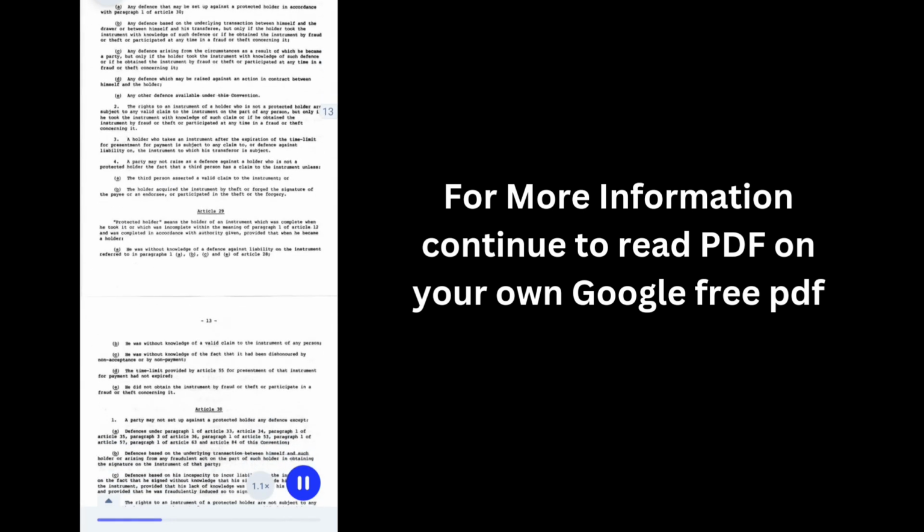Article 28. 1. A party may set up against a holder who is not a protected holder: any defense that may be set up against a protected holder in accordance with paragraph 1 of Article 30; any defense based on the underlying transaction between himself and the drawer or between himself and his transferee, but only if the holder took the instrument with knowledge of such defense or if he obtained the instrument by fraud or theft or participated at any time in a fraud or theft concerning it;